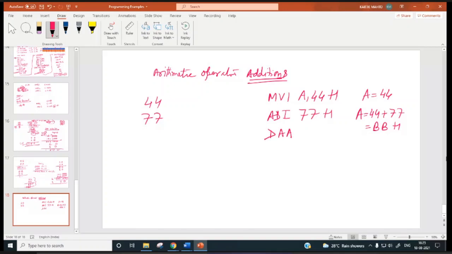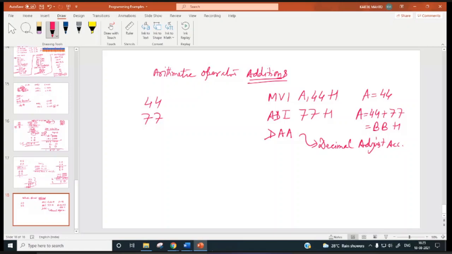right? Opcode for DAA is... DAA stands for decimal adjust accumulator.